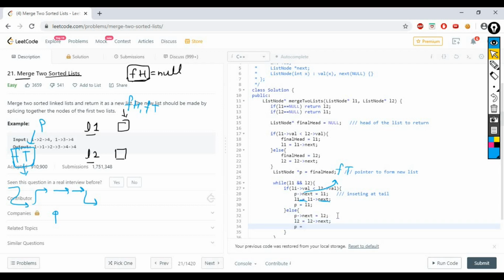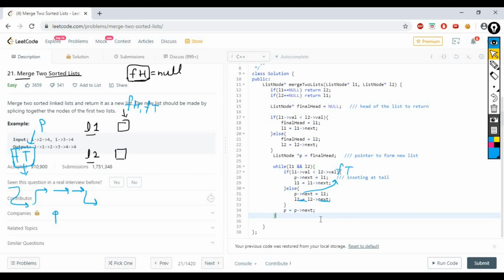So P equals, so this is my tail, I am updating my tail, so P equals L2. So instead of writing P equals L1 and P equals L2, what you can do, so remove it from here and remove it from here, and we can simply write P equals next of P. Okay, so this is correct now.